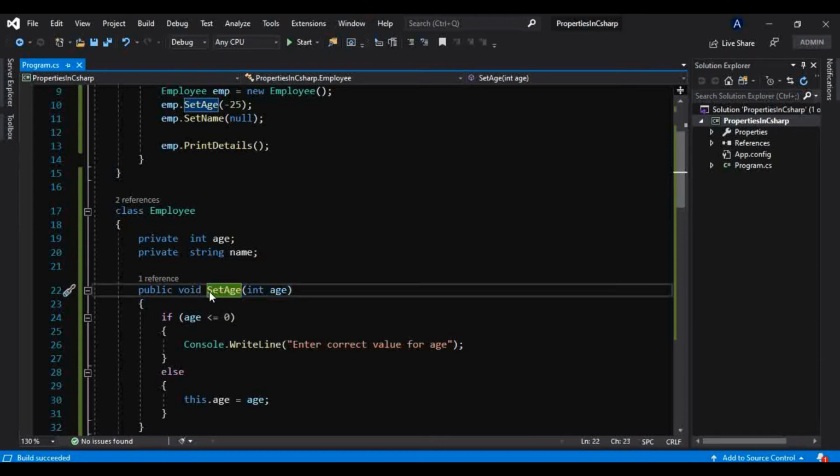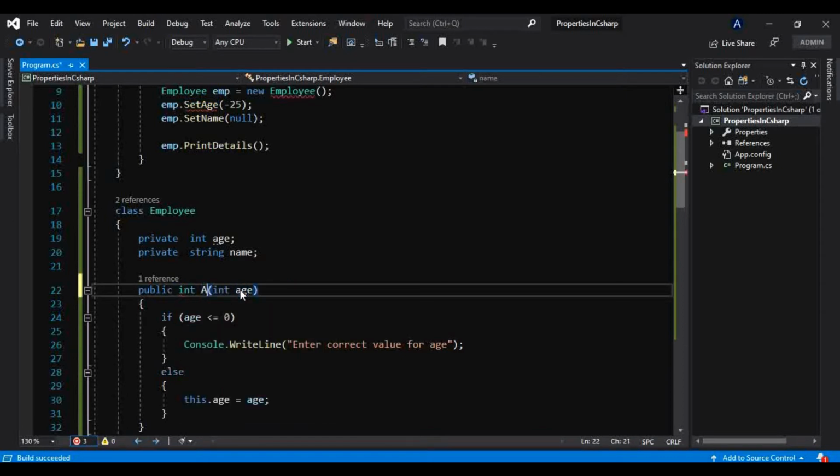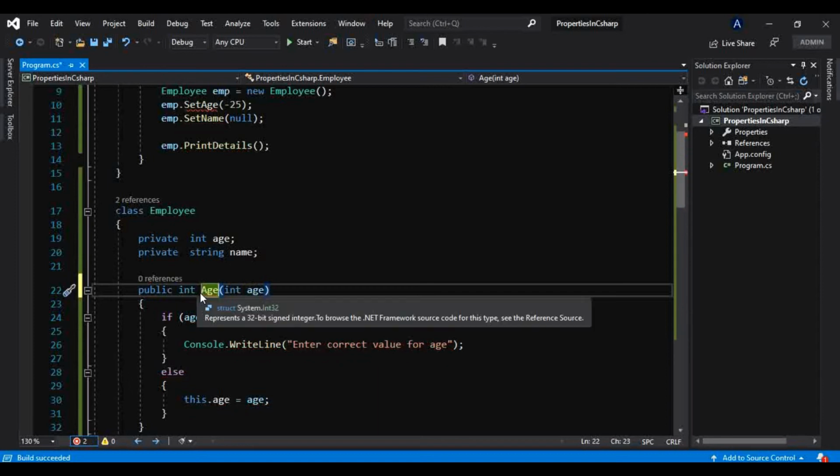So let's say we have a property that is public int Age, and a property name should always be capital.